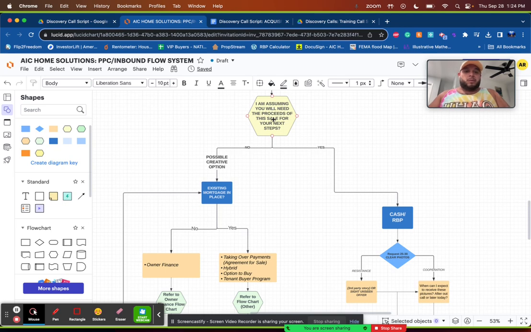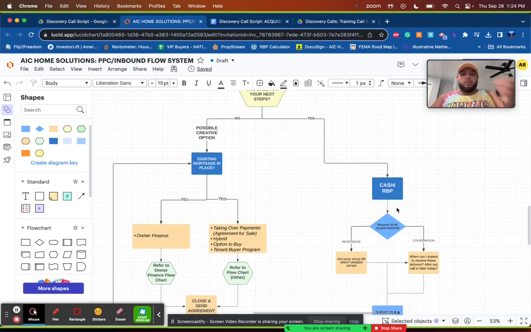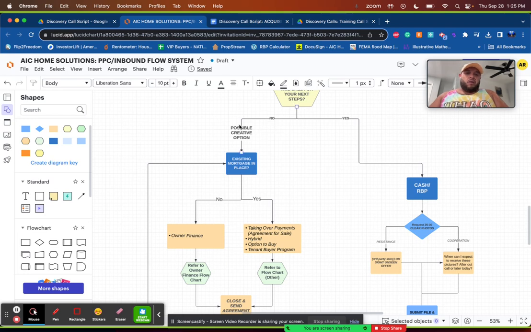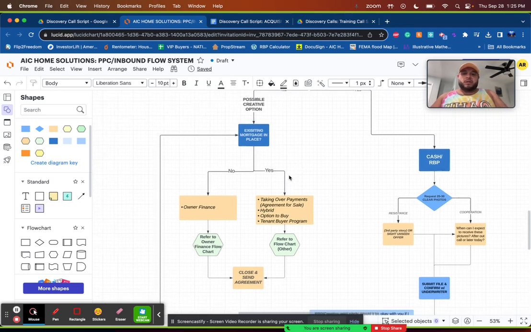I'm assuming you will need the proceeds of the sale, even though sometimes they're like, no, you want to take them through the cash and RBP because that's more immediate. Most people are looking to get more immediate cash, or a net number within 30 to 45 business days. But the other question, right, that will allow us to see if there's a possible option is,